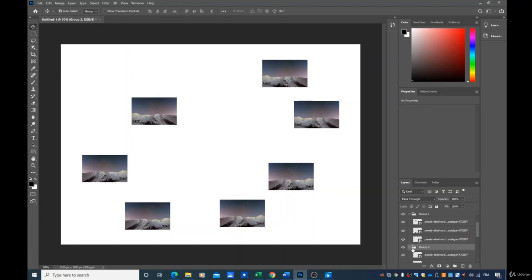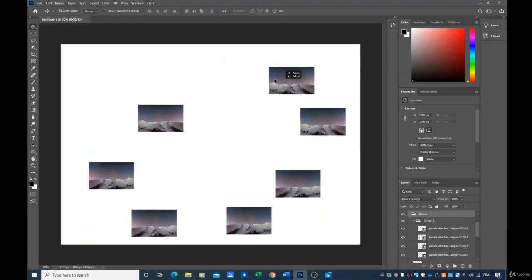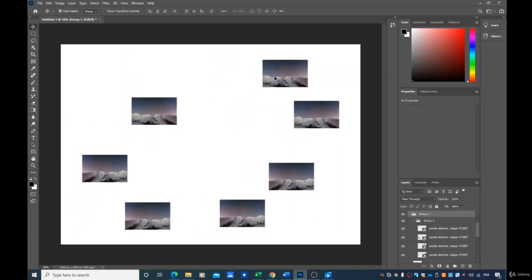Also, what I can do is I can take my group right here and literally put it inside of group 1. So basically group 2 will become part of group 1. So I can merge two groups together. And if I want to move group 1, what's going to happen is that I will move all the layers together. So having groups or putting groups together is actually a great way for you guys to work, well,